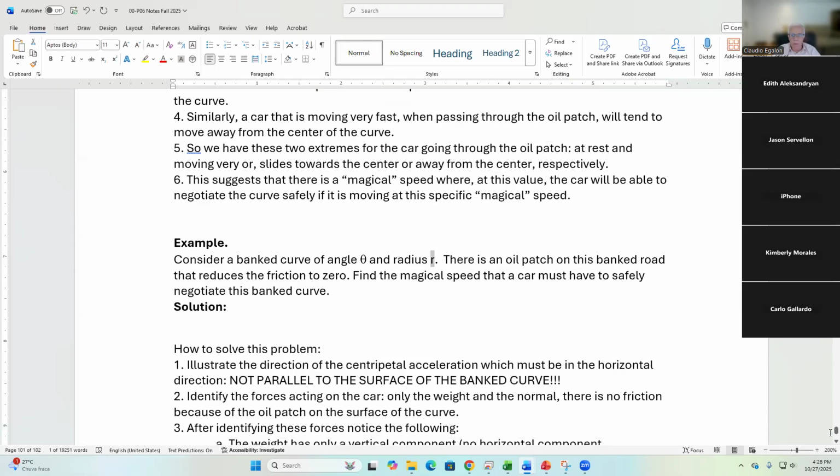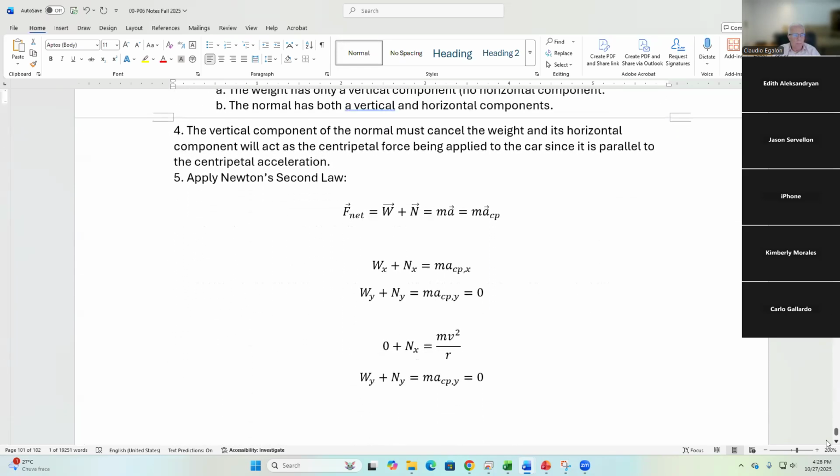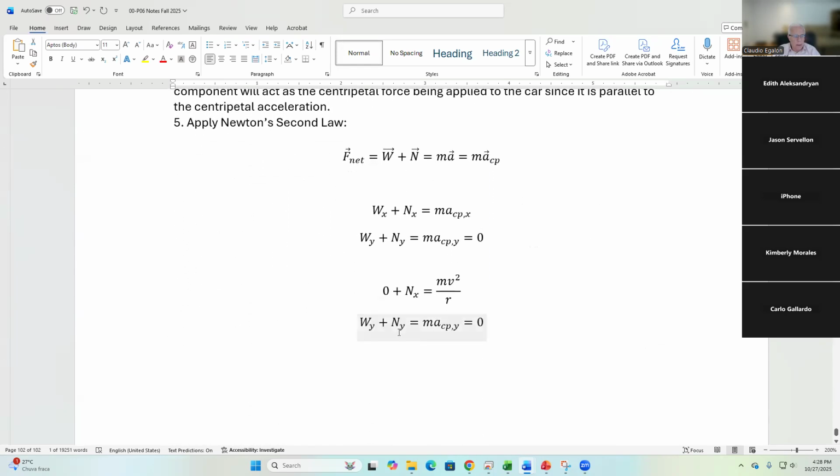But we do not know the magical speed. The weight along the y direction is going to be minus mg. The normal along the y direction is going to be